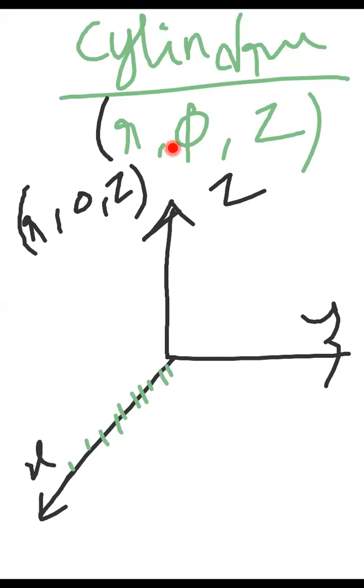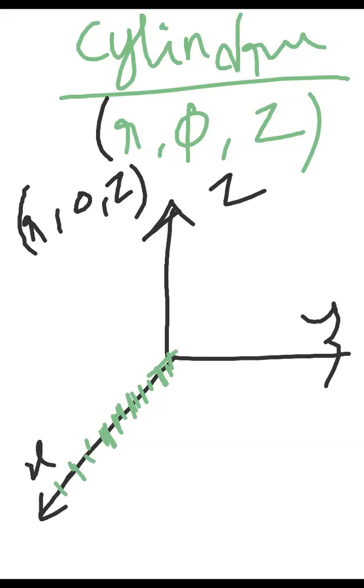That means I can be anywhere on this line. But what is the flexibility given? You can vary r, which means you can be anywhere on this line. There is no restriction on r. In this case, r means the radial distance from the center point. You can be anywhere, here or anywhere else. R can be anything.